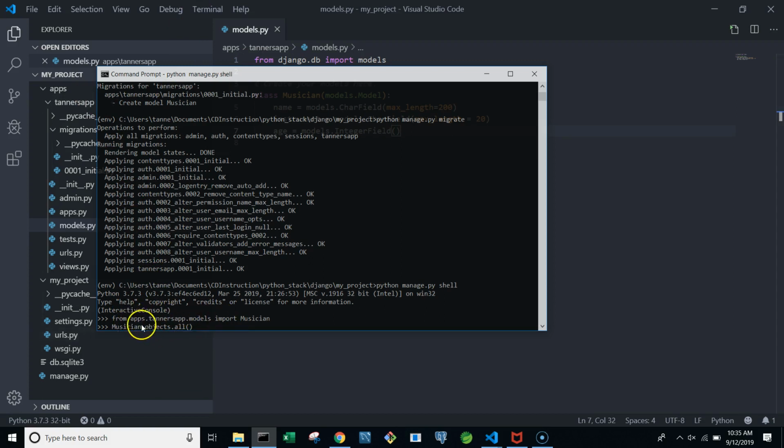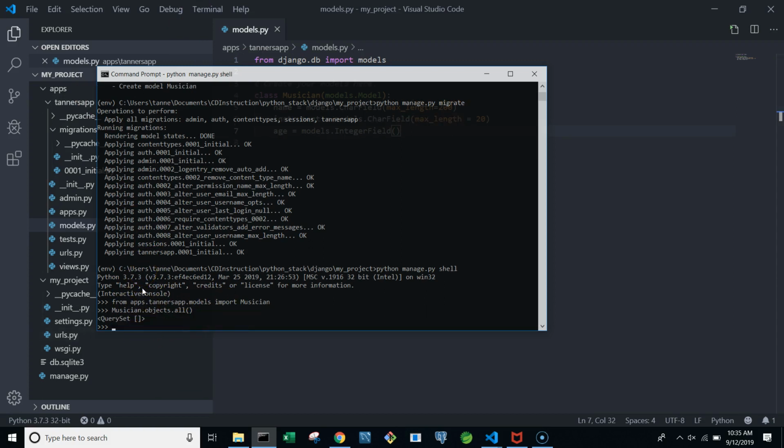Okay, this syntax. Right now, we're going to return the query set. The query set will be instances, just like we've been dealing with normal objects and object instances. These are all instances of the Musician class. Okay? And as you can see, it says that this query set is empty. We haven't created anything yet,